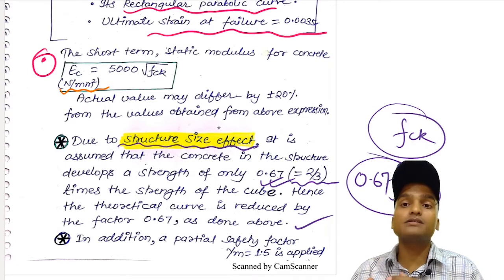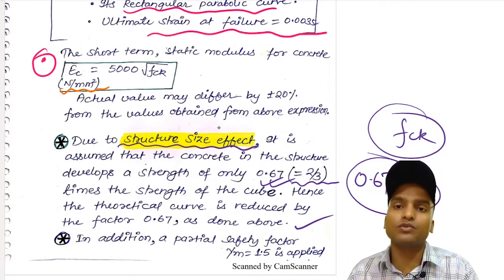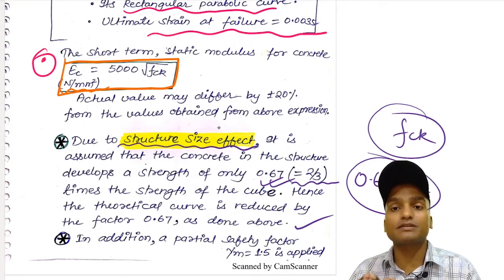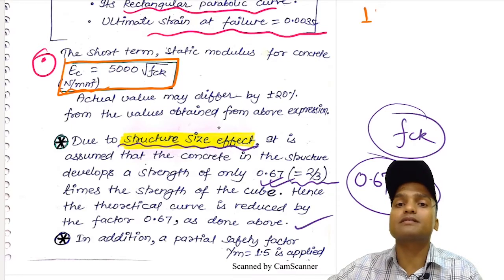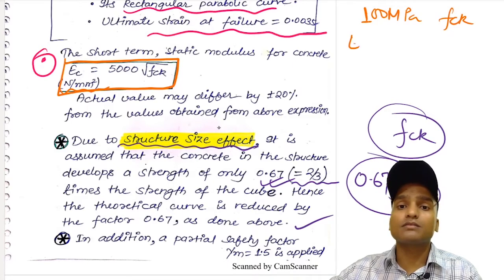So concrete is not 100% non-elastic. It is elastic in the initial region at very low values of load. So elastic modulus is a function of the characteristic compressive strength of concrete. अगर FCK मैं बोलूँ आपको 100 मेगापास्कल है, ठीक है, तो कितनी होगी इलास्टिक मॉडुलस? You can easily calculate. Elastic modulus will be 5 into 10 to the power 4 megapascal.